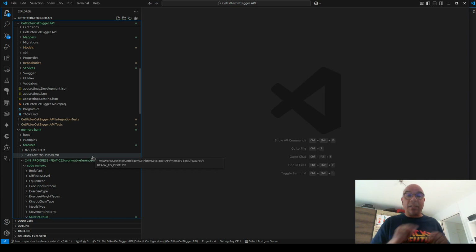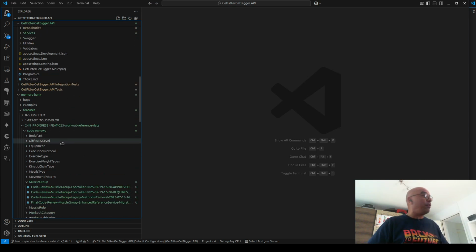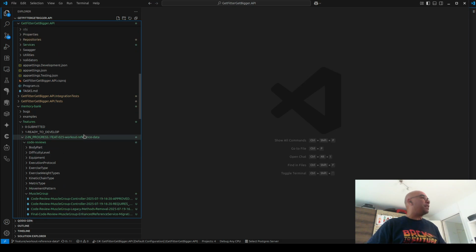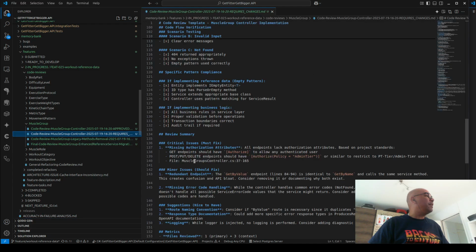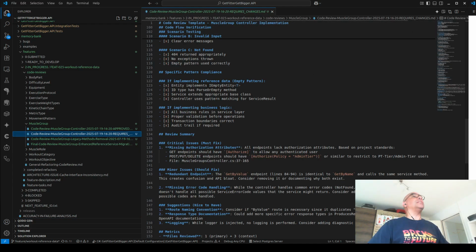Another thing that I added during this week was code review. Because of this quality, I also had a code review step that will be added to all the tasks in our code. It means every time we reach this checkpoint, we're going to need to have a code review made by the system. I would like to show you the code review, and then I will do one that you're going to see the result. I have it here, code review that I'm going to give this one, and we're going to see it